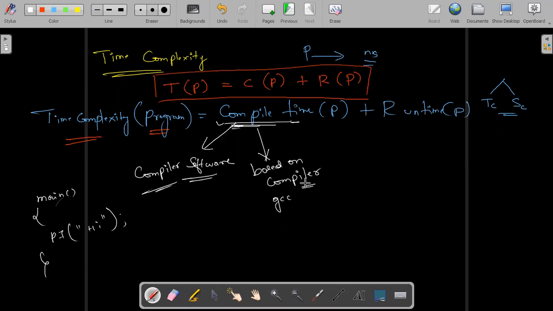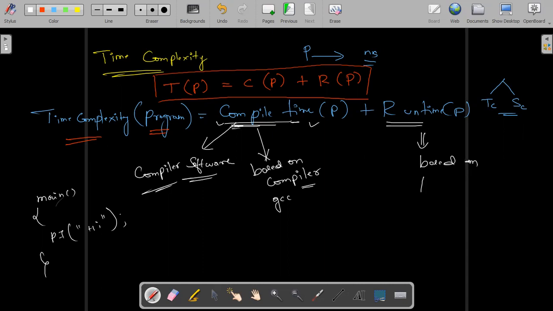For example, in labs we are going to use the GCC compiler, the C compiler. Based on those compilers, you are going to get the compile time. That is one thing. Again, the runtime, I am going to get it. Please understand: the runtime you get